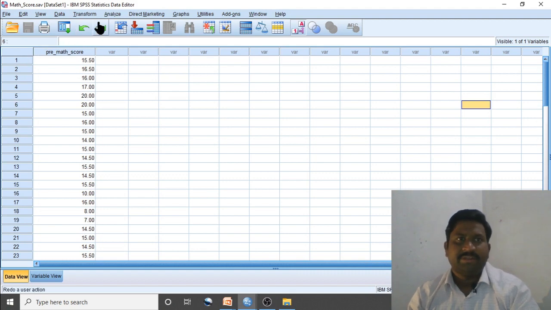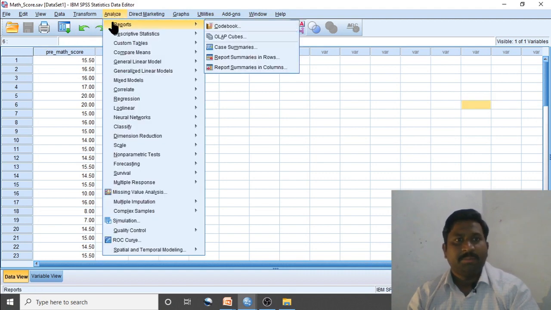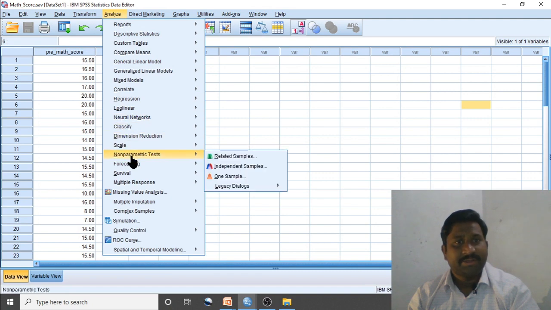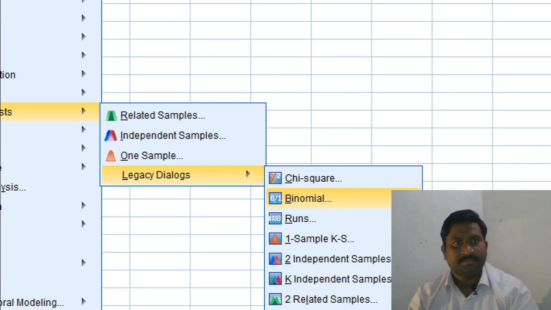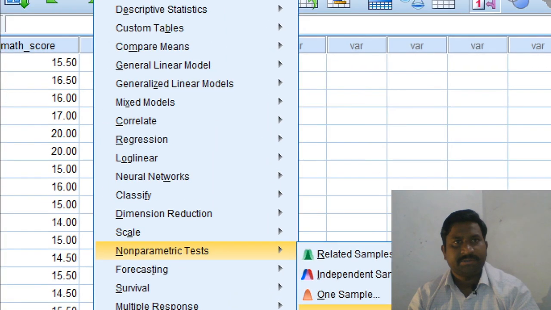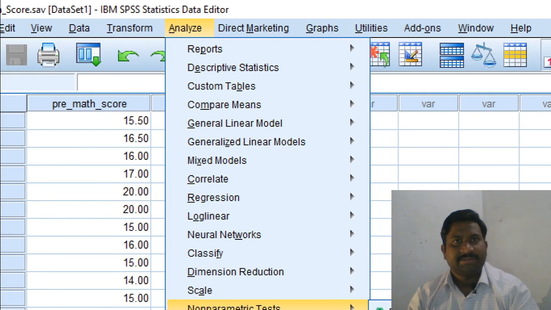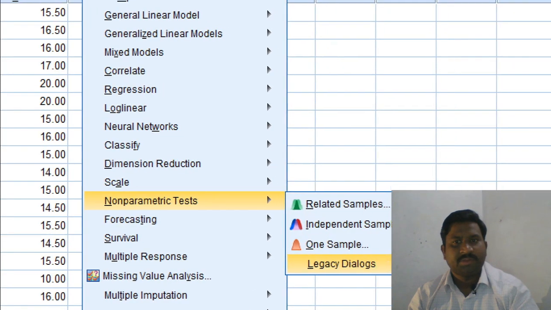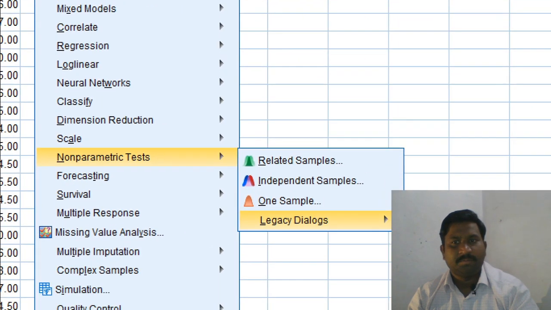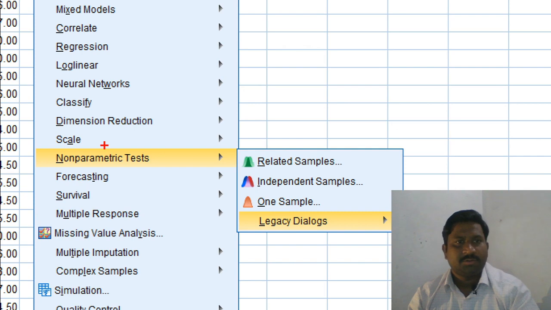We will click on Analyze, but it is a non-parametric replacement, so click on Nonparametric Tests, Legacy Dialogs, Binomial. In the Analyze option, you have the Nonparametric Tests option.